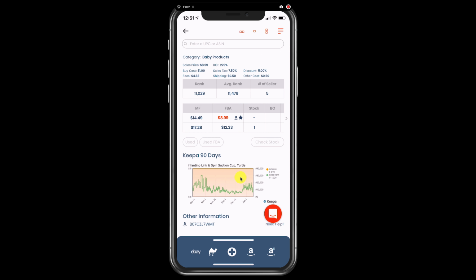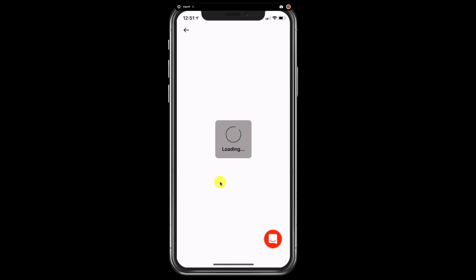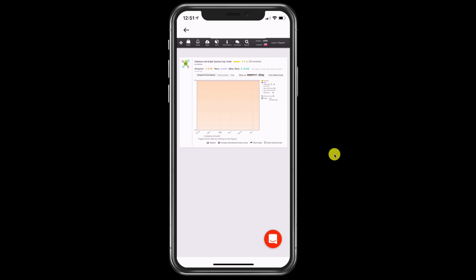And this Keepa chart is available to you directly within the app. You don't need to click on anything in order to take a look at this Keepa chart. You don't need to sign in anywhere. It'll automatically pull in this Keepa chart so that you can take a look at it at a glance. Now, if you did want to take a look at more details associated with Keepa, the only thing you would need to do is to tap on that particular Keepa chart there,